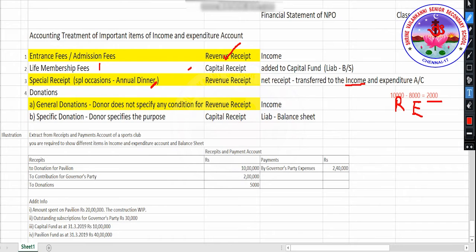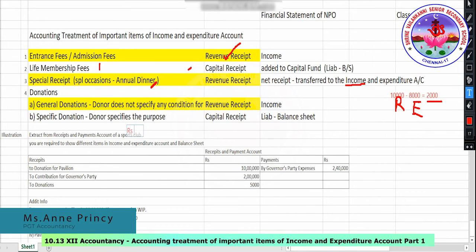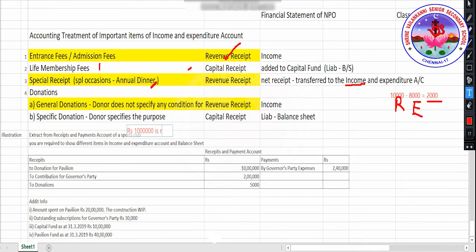Say for example, just mention here rupees 10 lakhs. Rupees 10 lakhs is received for library. Okay. So for the construction of a library, there's some person who has given 10 lakhs for construction of library